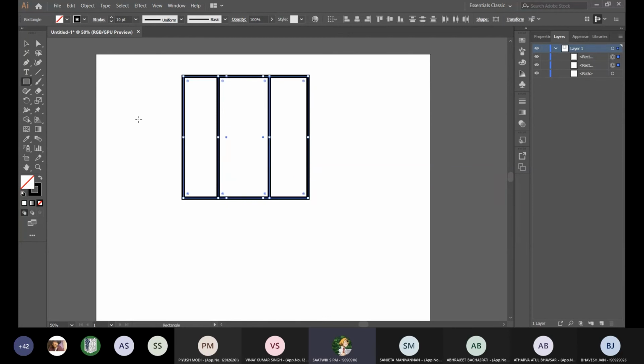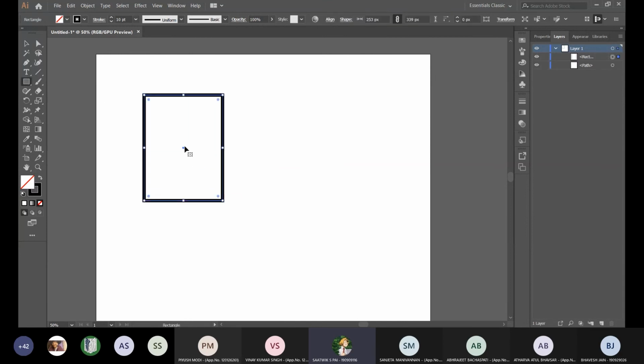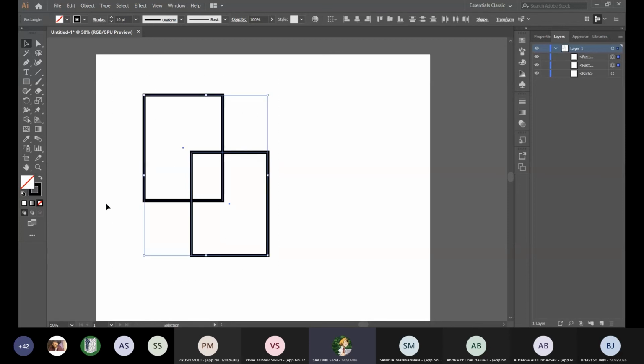Now whenever you're making this, keep it in your mind ki you properly do it. Like for example, if I make two rectangles and I want to separate these three, okay, I want this to be a shape, I want this to be a shape, and I want this one to be a separate entity of its own.